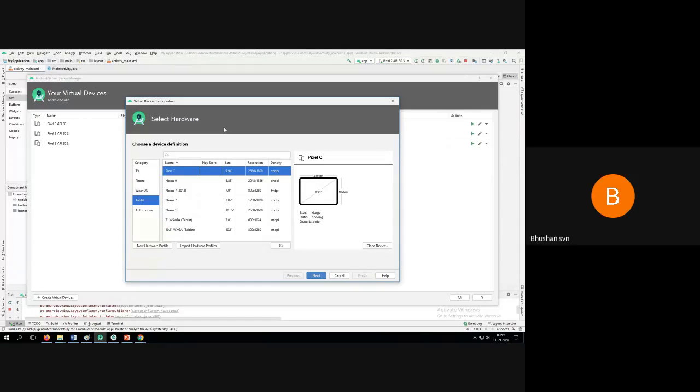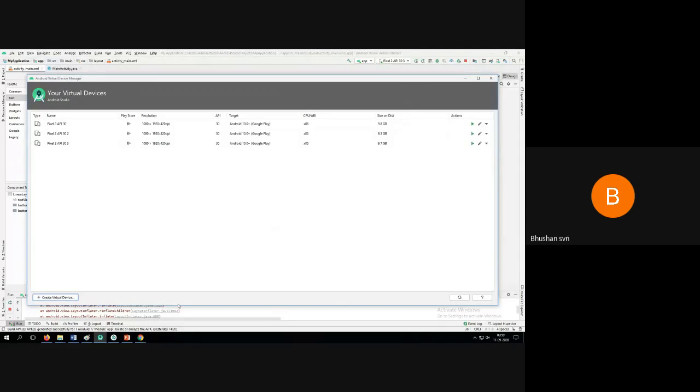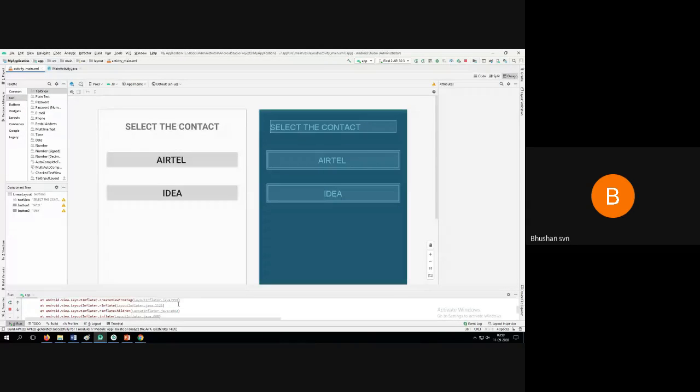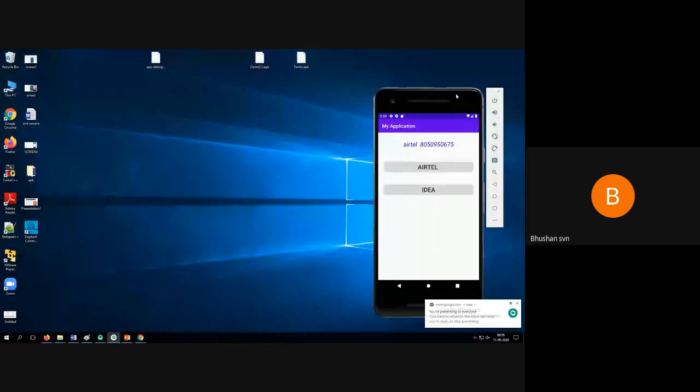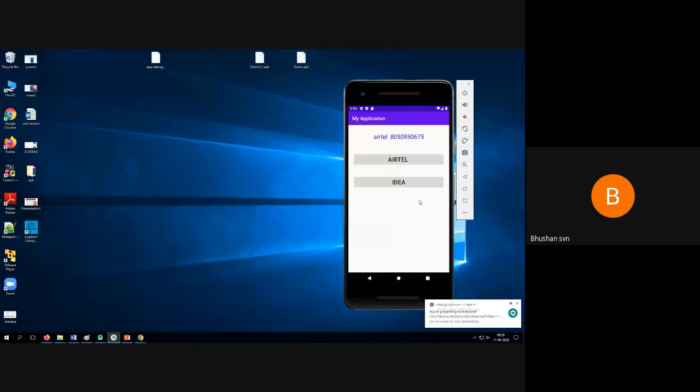Once you do all these settings, you can try to run this program. Once you start running, it will take some time, and it will showcase something like this. I have an application here.